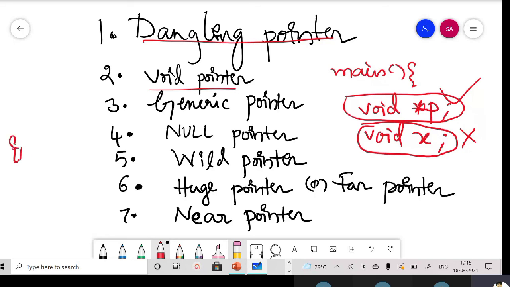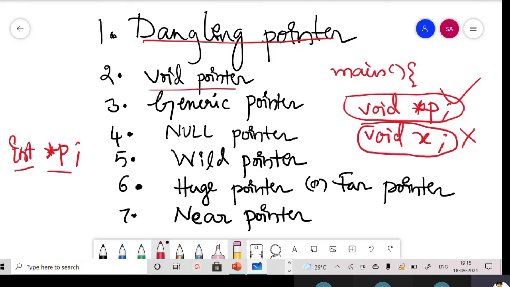We use this declaration to declare a pointer of integer type. I'm saying that I will store an address into p, and that address belongs to an integer variable. I can't store a float variable's address into an integer pointer, right?